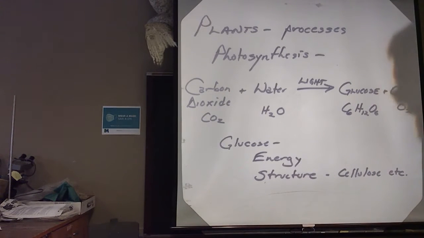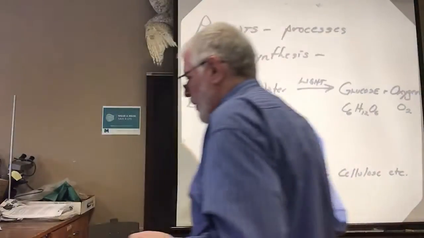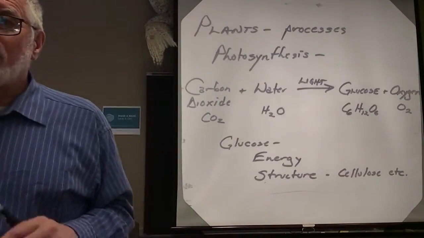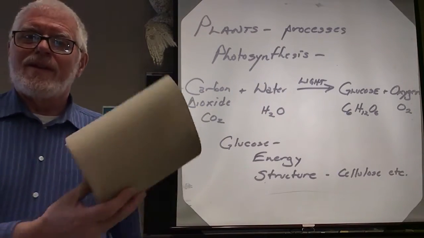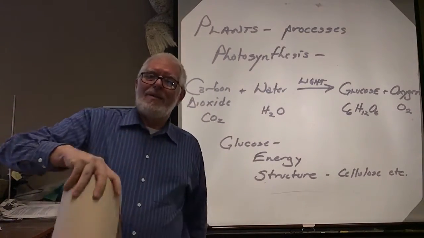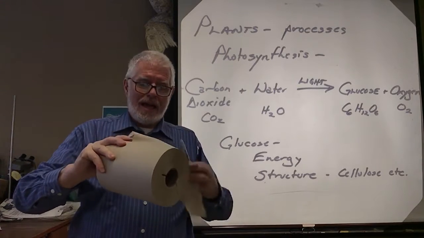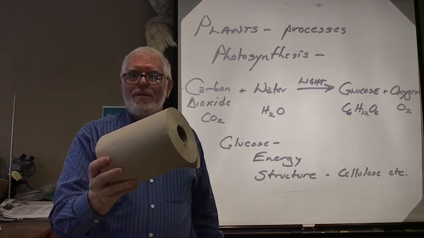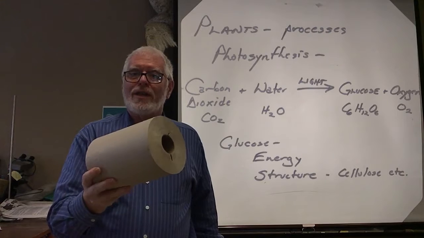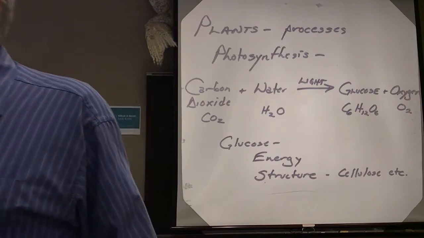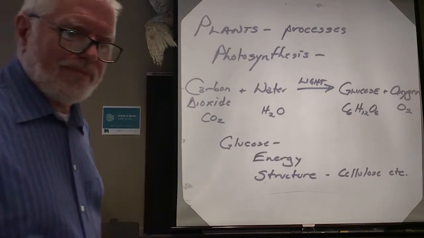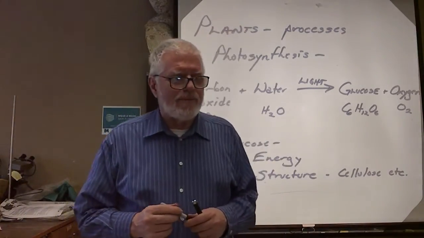plants have their own energy needs, so that's what they're doing with the glucose. But plants are also built out of starches, like paper towels, made from plant starches. There's many molecules of glucose in here, all stuck together very rigidly, and that's how plants hold themselves up. And in fact,